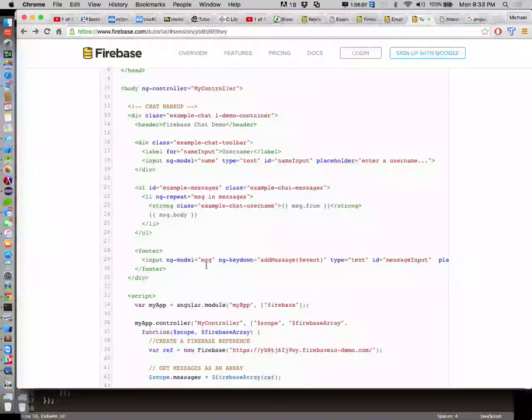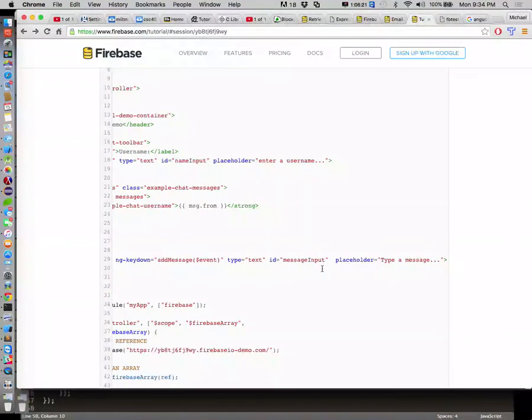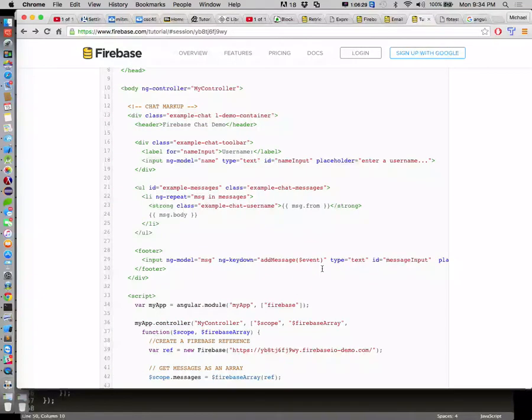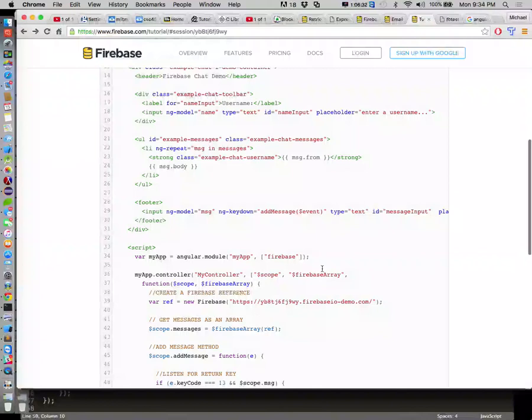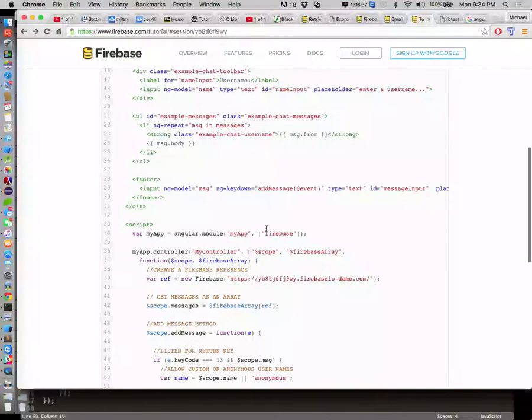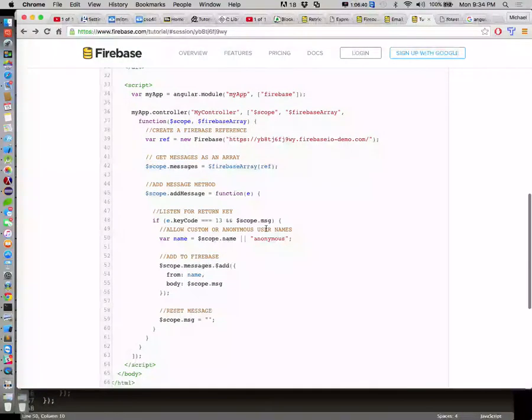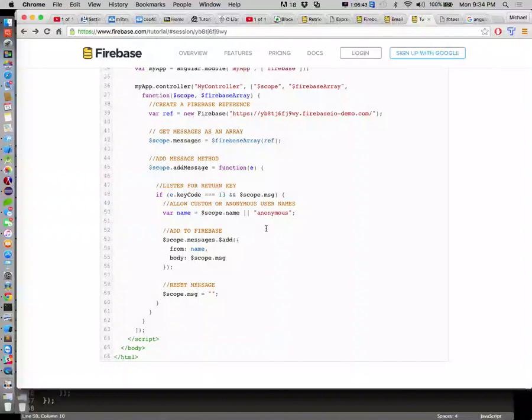So this is that variable. The difference is that this guy is associated with a key down event. But we should be creating an event when we